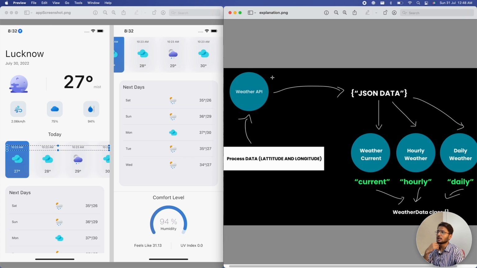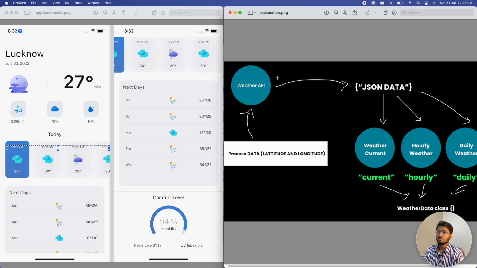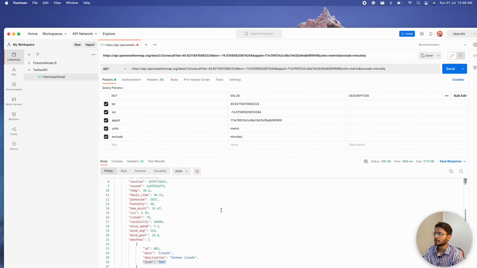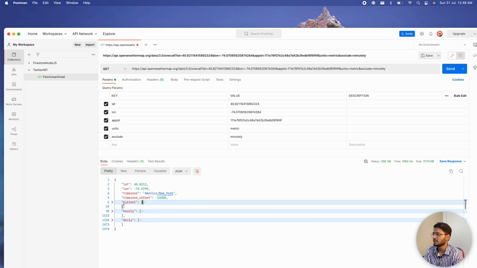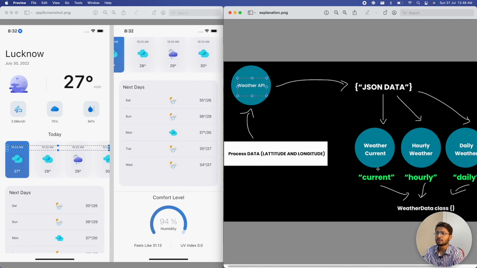And now let me show you how the entire thing is working. So we have this weather API, which is our OpenWeatherAPI, and inside this API we get all of these data here. So we have the data like this current list, this hourly list and this daily list. So we will be using these three lists for getting the JSON data. So if you see, we are calling the weather API through this function process data, which we will be coding inside our application. And inside this process data function, what we are going to do is we'll be getting the latitude and longitude of the current place and then giving that value to this weather API. And from that weather API, what we are getting as the result is JSON